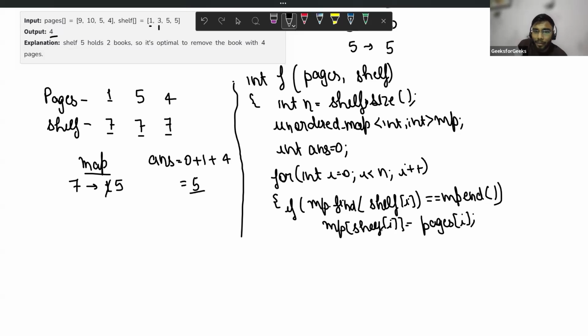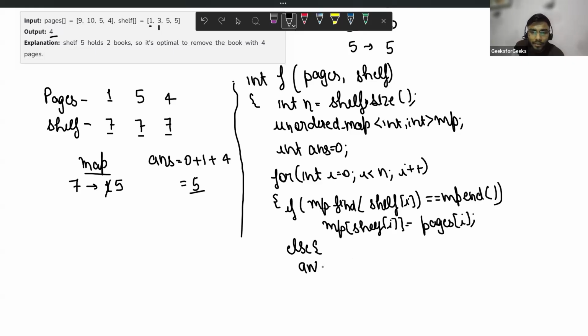But if it is not the case, what am I doing? I need to minimize the cost of removing. So from the currently stored book and my current book, I will remove the minimum.